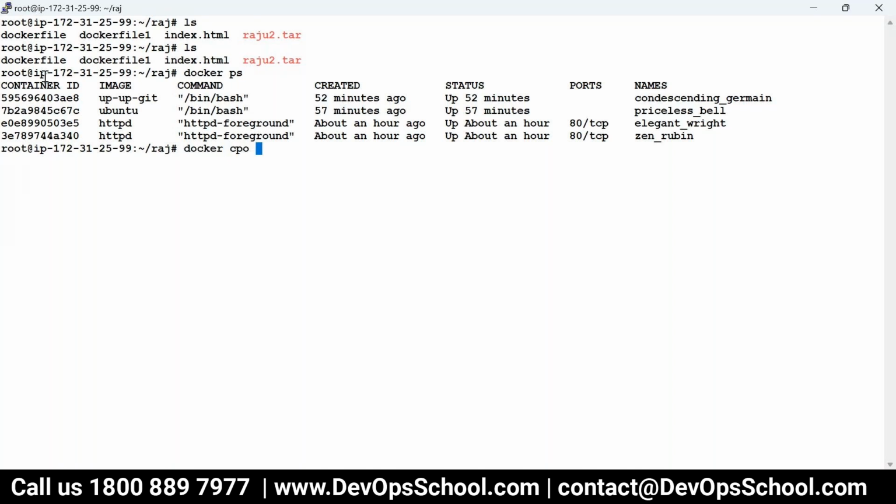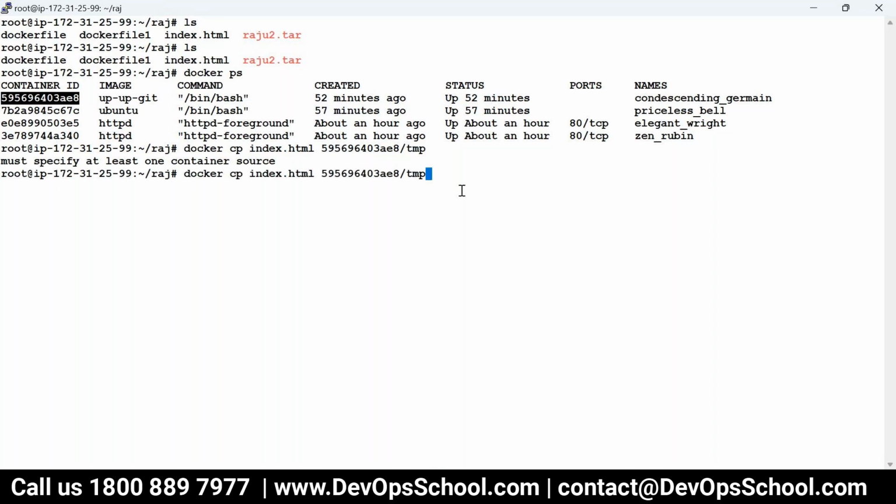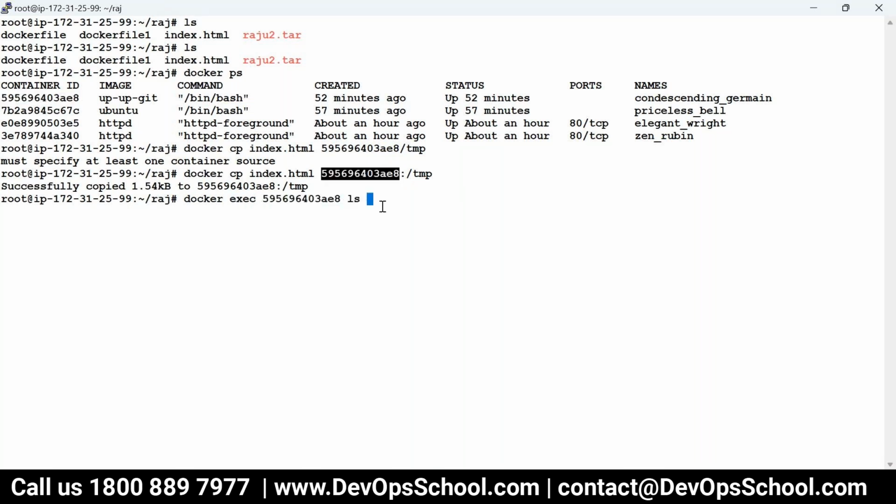I'm faking out that file. I'm copying it, but it can be through an application also, which can generate some database file or something. So here docker cp and then container name and tmp location. There's a problem. Done. Docker exec and ls tmp. See, this file is there, very important file,